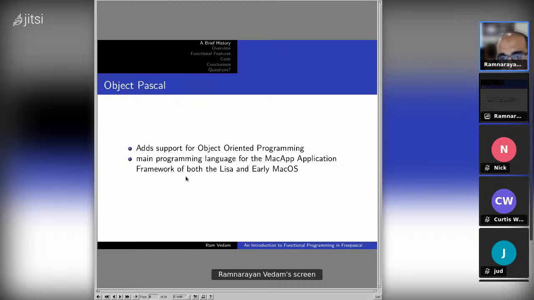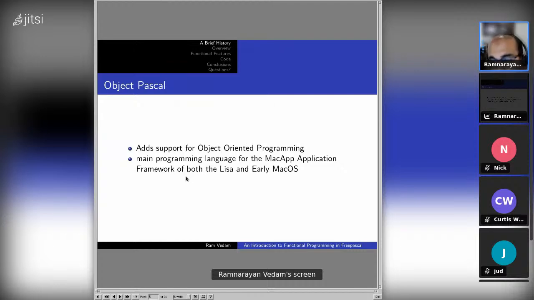Both are supported in this dialect of Pascal, and it ended up being the main programming language for the Mac application framework for both Lisa and early Mac OS until, I think, 1991 or 92, from my reading.